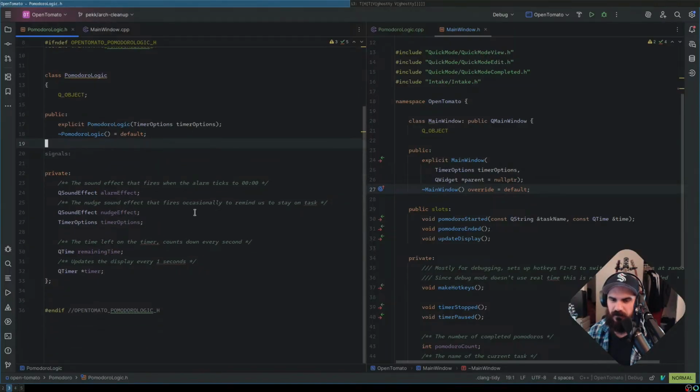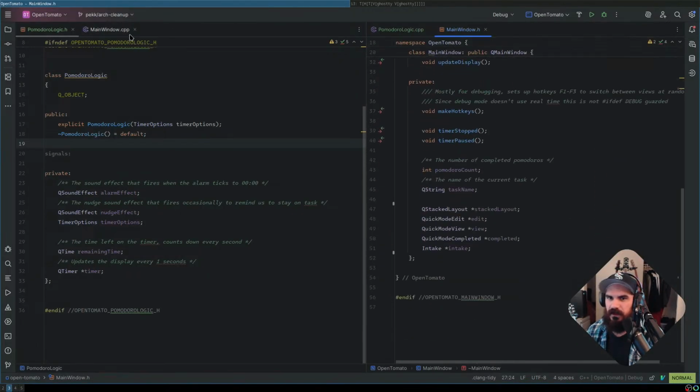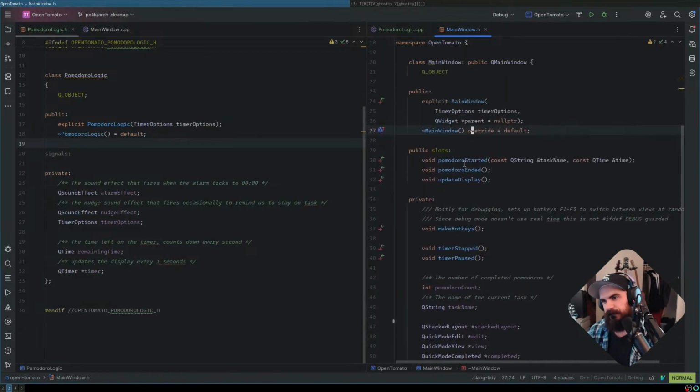Like if I don't need any custom stuff, it's fine that way. I'm pretty sure that's what that means. So then what do we need in here? Slots started. So this thing is going to work with my task list, right? It's going to need a task list.